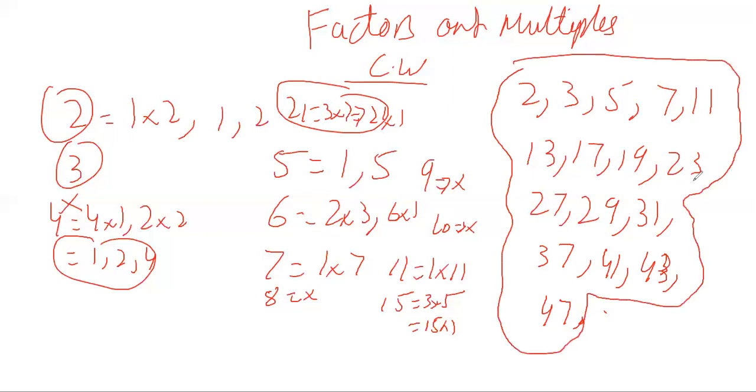Check your answers and correct them if they are wrong. From 1 till 50, these are all the prime numbers. And you got it, how to check for a prime number. You need to list down all the factors. If the factors are more than 2, then it's a composite number. Otherwise, if it only has two factors, one and itself, then it is a prime number. Everybody check your answers.